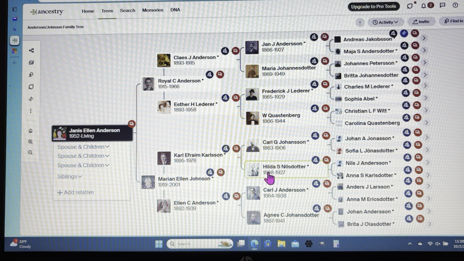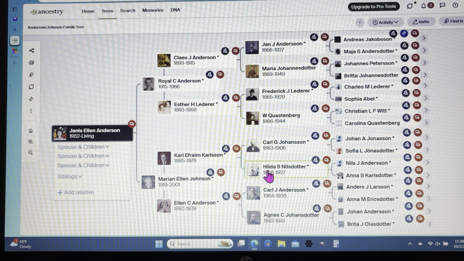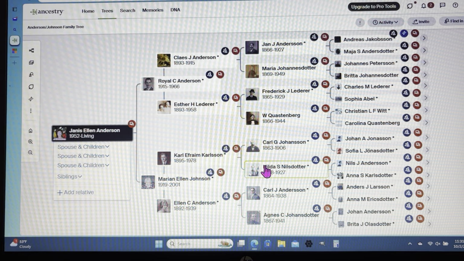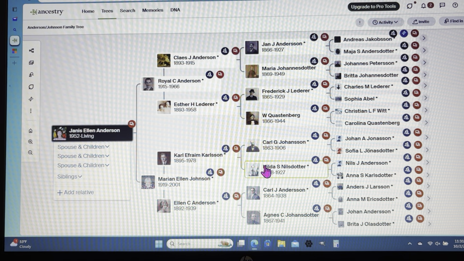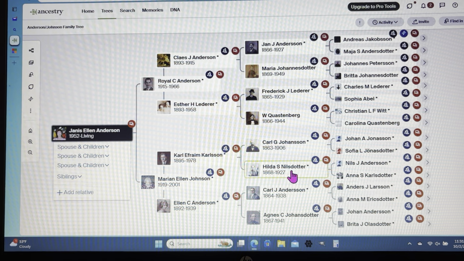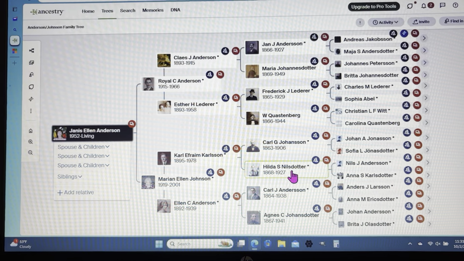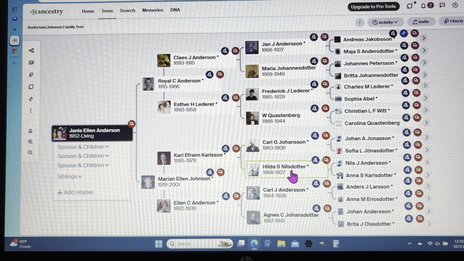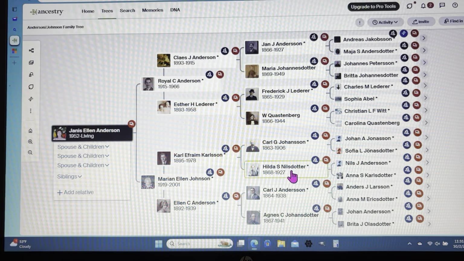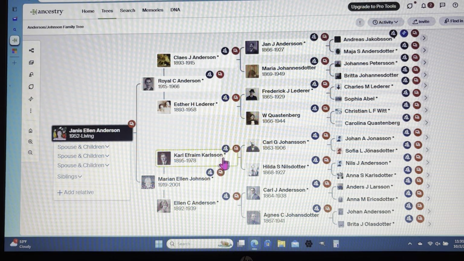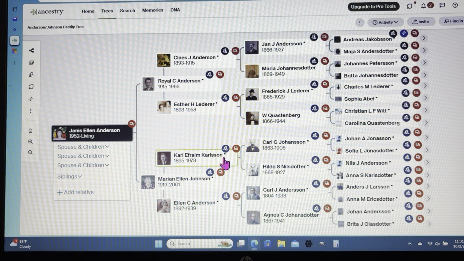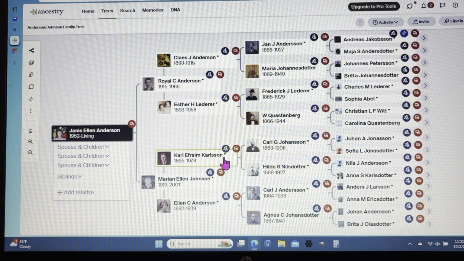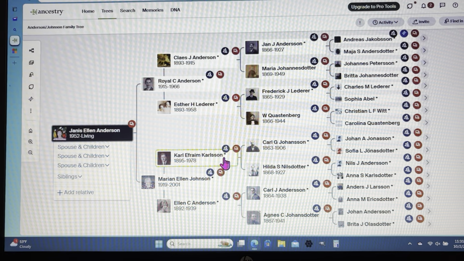And she sent him, or the decision was to send him, to the United States. He was 14 years old, and he was going to go live with, I believe it was her brother. It's all in the records, but I'm doing this off the top of my head. I believe it was her brother who lived in Buffalo. No, he lived in Jamestown. And so my grandfather was packed up and sent onto a boat to come across to the United States by himself at the age of 14 to live with his uncle.